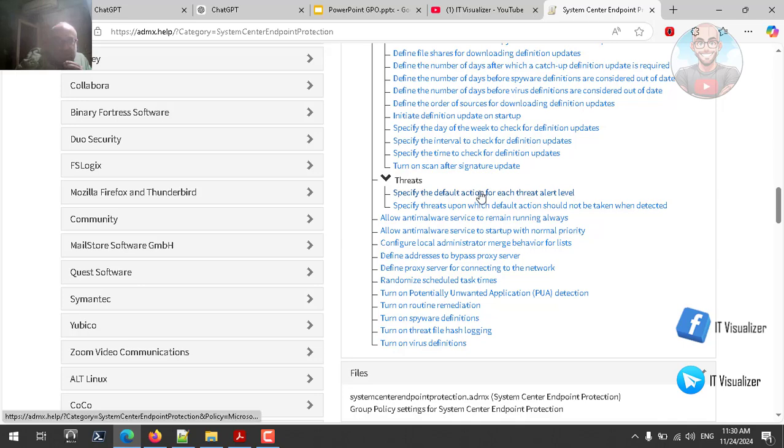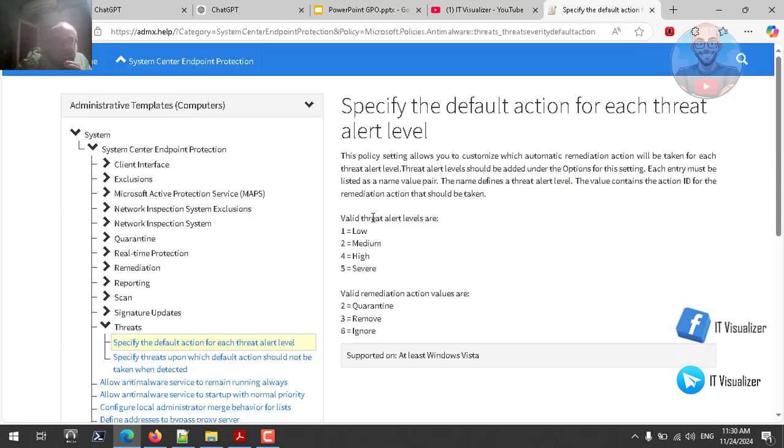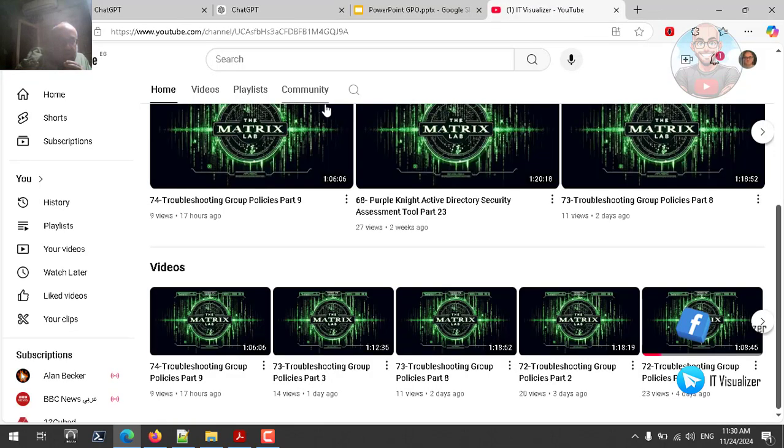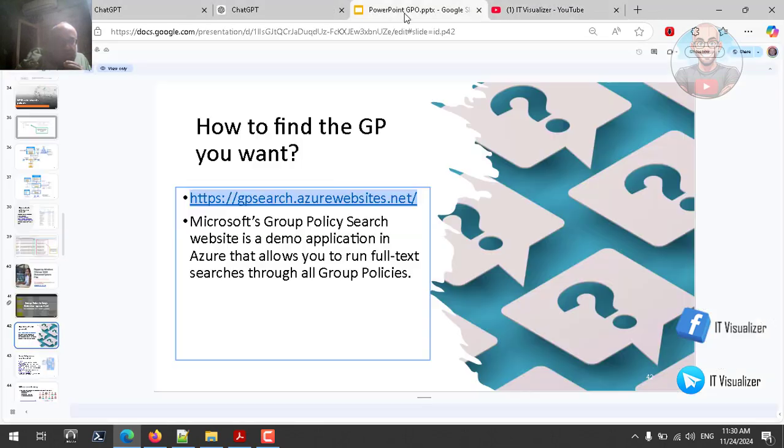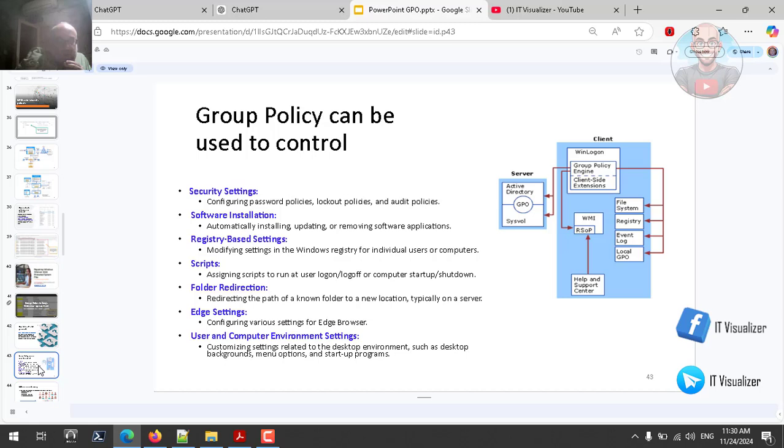Okay, here you go, for example, this one. Here it will give you an explanation of the group policy, and you can download the group policy templates from this website. So this is one thing to know. If you continue with the slides, here group policy can be used to control: